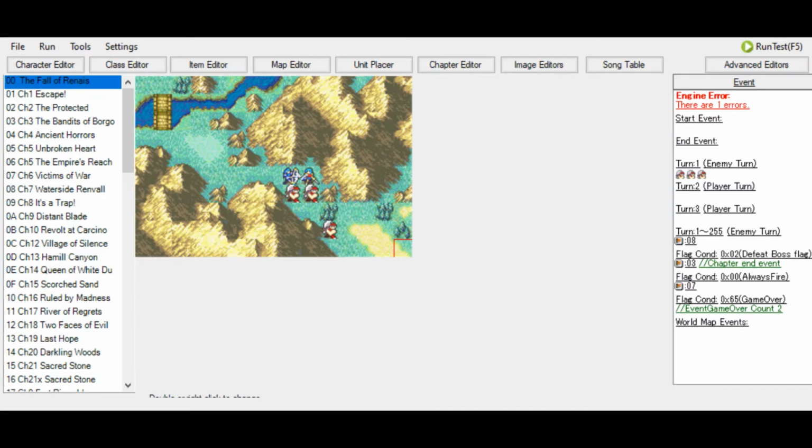As you may have read in the title, today we're going to cover map design and unit placement. Those are two very important things when it comes to Fire Emblem hacking. If you want to make a hack that is enjoyable for everyone, then you gotta pay a little attention to map design and unit placement, because if you do unit placement wrong, you might either create a too difficult chapter or a too boring one. And the same goes for map design.